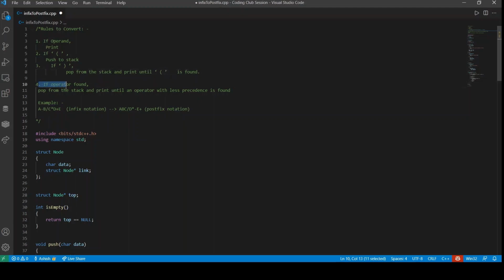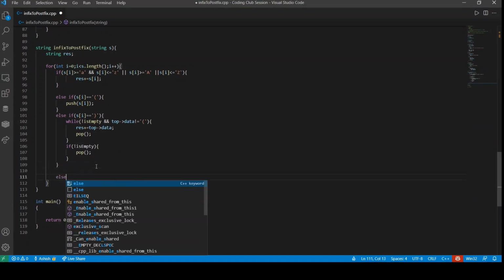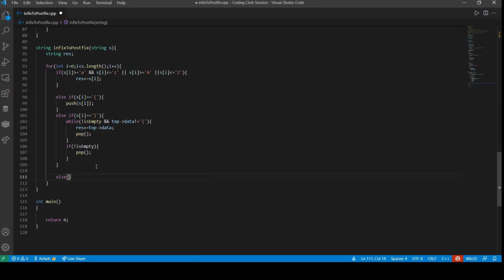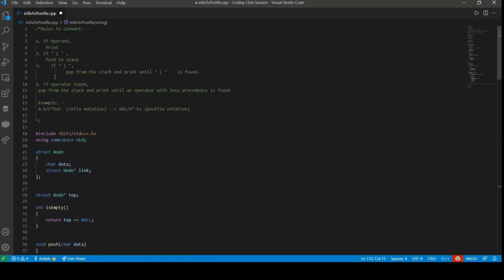Now we are remaining with the fourth and the last rule. Now the else part is remaining, that is if we get an operator. If an operator is found, we need to pop from the stack and print until an operator with less precedence is found.